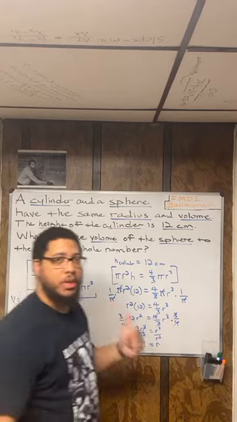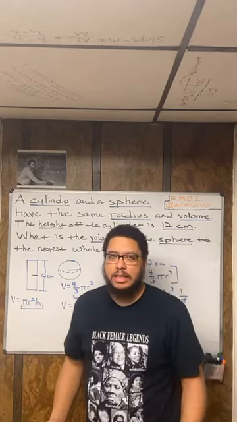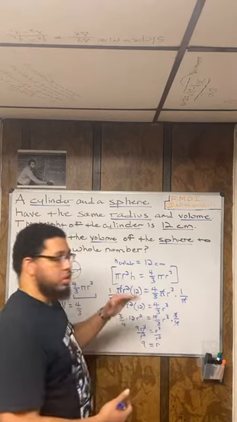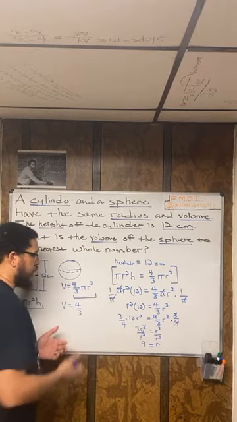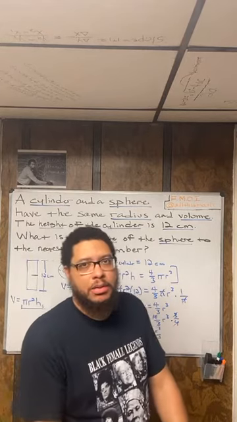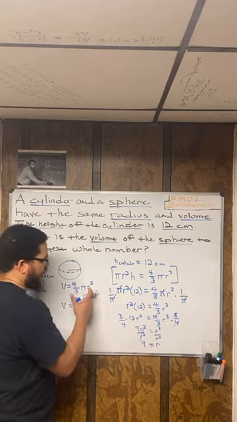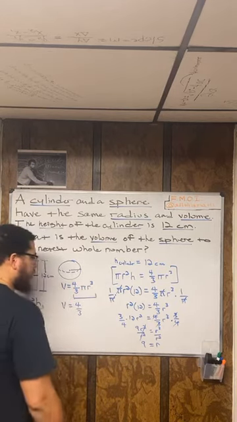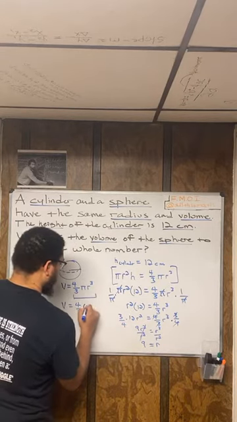And also, if you see a question like this on a standardized test, whether it be the SAT, the ACT, or something like that, look at the multiple choice answers. If all those answers have the symbol pi in them, then that means, oh, I don't have to change pi to 3.14. I could just leave pi. And that means you would only have to multiply 4/3 by the radius to the third power using the order of operations. So anyway, 9 is my r, so I'm going to have 3.14,